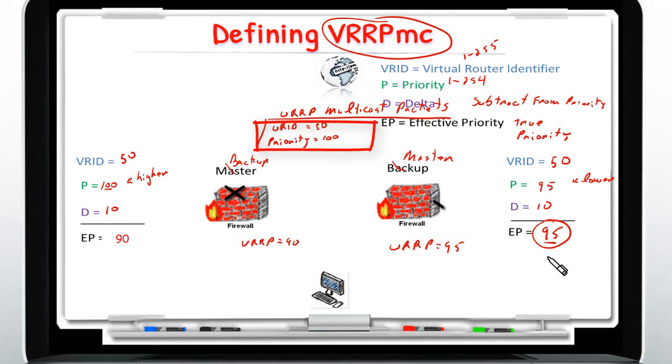And so this process can go on. And so if there is an issue on the backup, he will subtract the delta from his priority, which gives us an effective priority of 85. And so he will start advertising his effective priority as 85, which will cause the original master machine to start advertising because he has a higher priority of 90, which will make the new master machine back down into backup state because he has a priority of 85. And so the original machine will promote himself into the master, and this machine will demote himself back into backup state. And so this process can repeat itself on and on